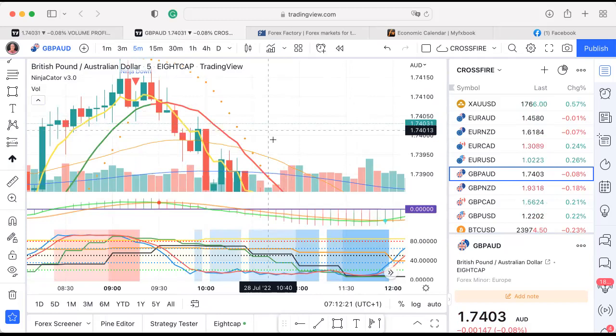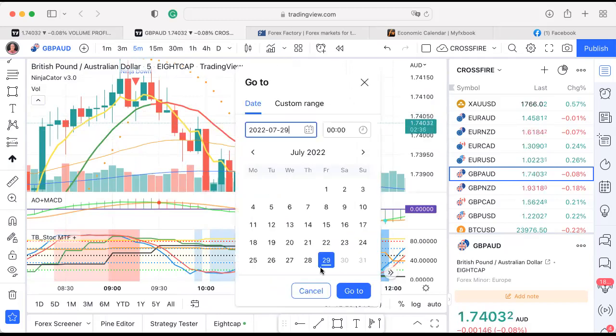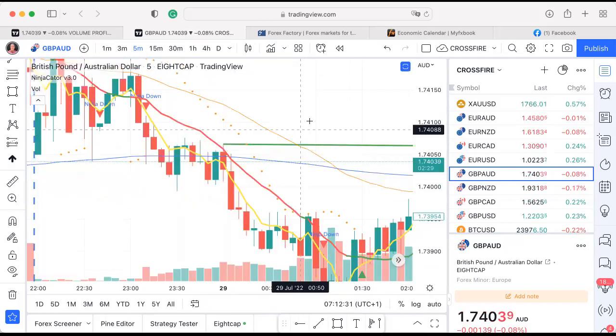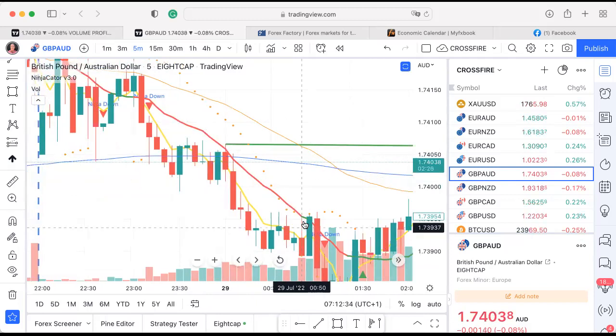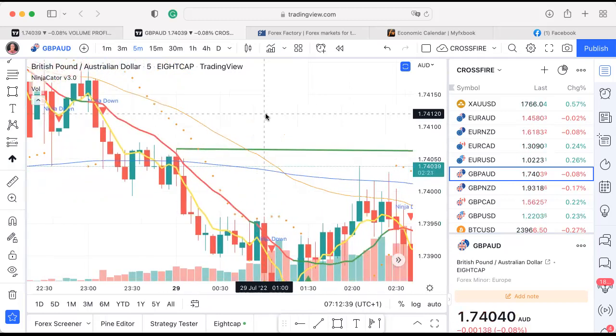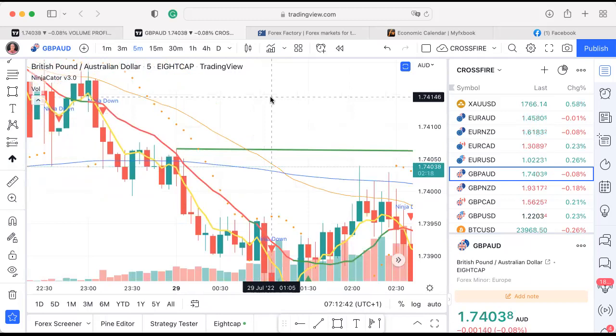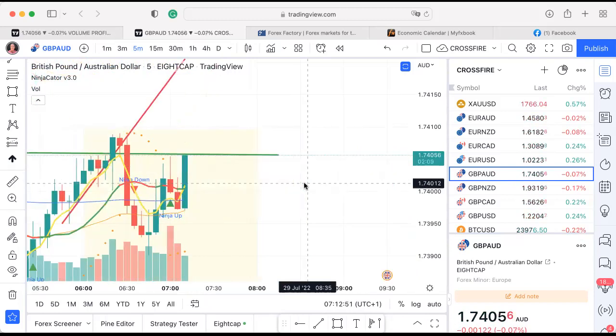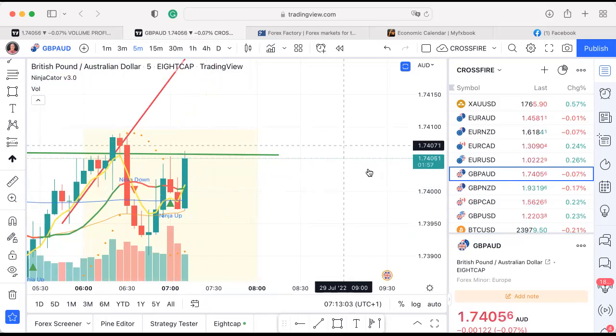Right now we're on a ninja up with GBP and AUD, and it's pushing, and the PSARs have switched and they're underneath, and there's quite a gap. Bear with me. That's where we are. Okay, so GBP AUD 5-minute chart. We're still struggling to get up past that green line, and that's the story of today, really. I think all the pairs are in a similar situation.